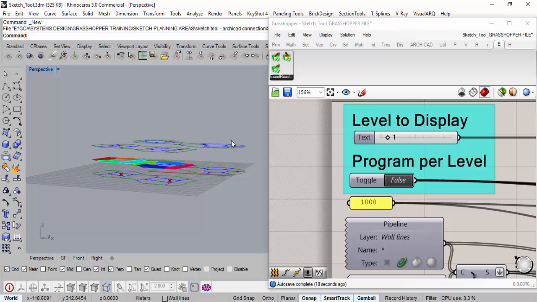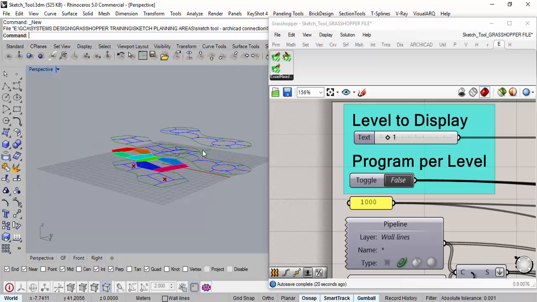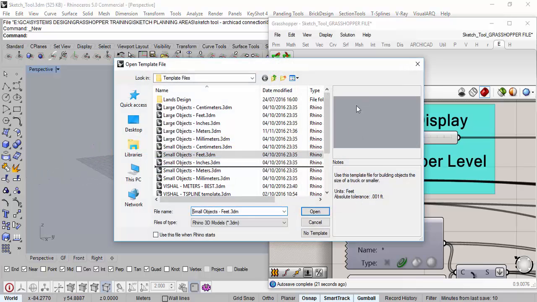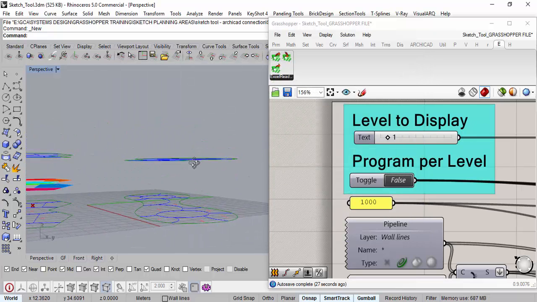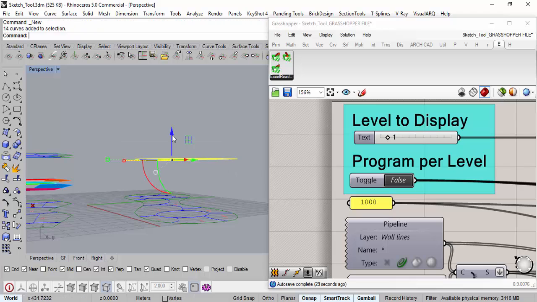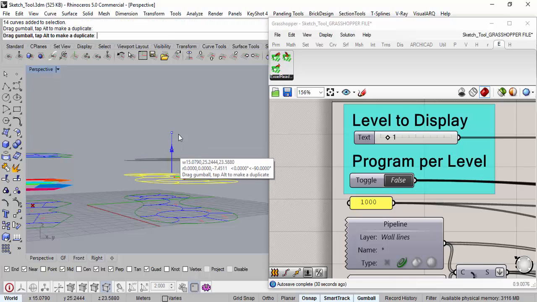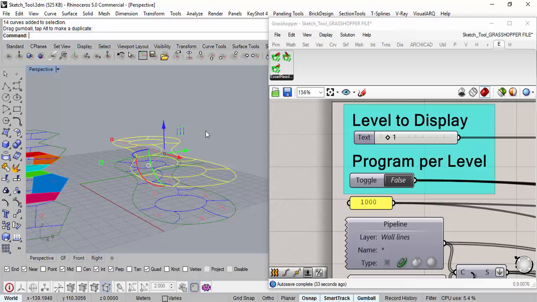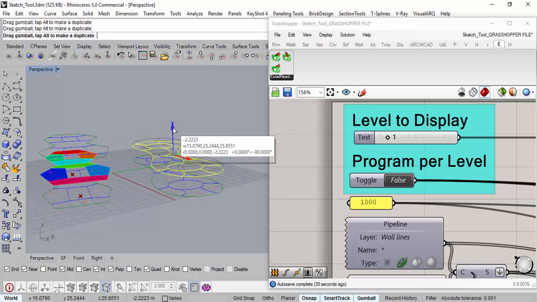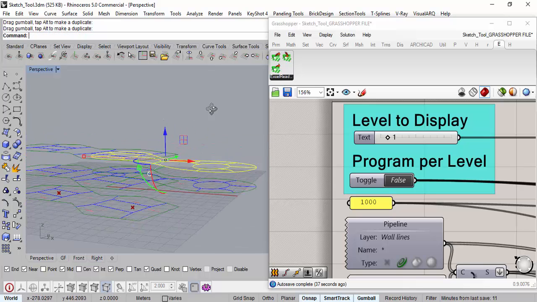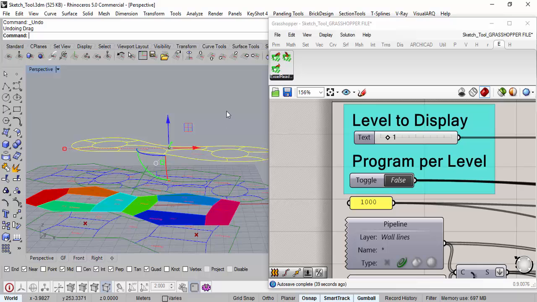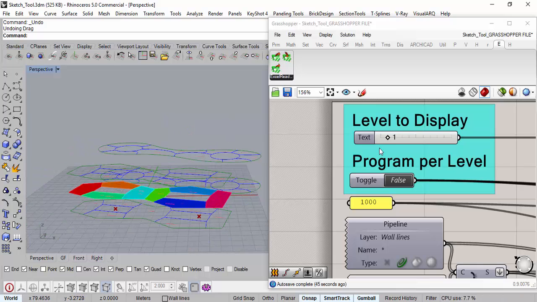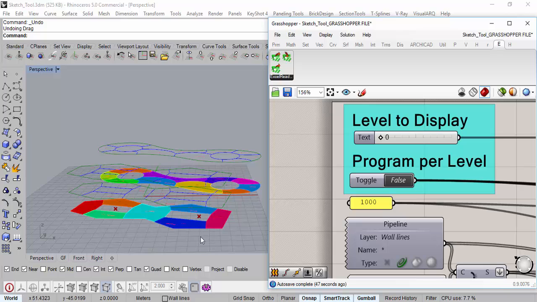So I guess this one is a little higher than this, it is at the level of the third level, so we'll have to get this one down. So what I can do is take hold on this one and just move it down. It should have been highlighted. Okay, we'll keep it to the same layer. Okay, now what I can do is I can come down to this level and